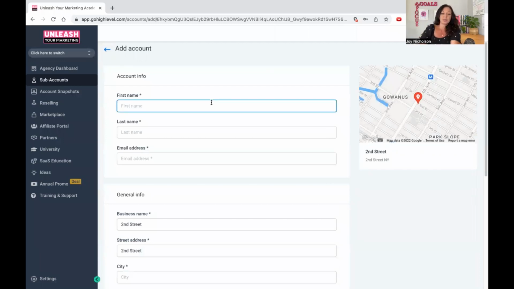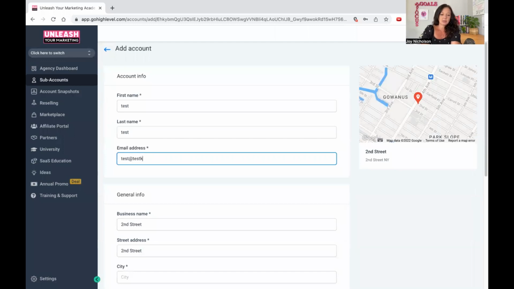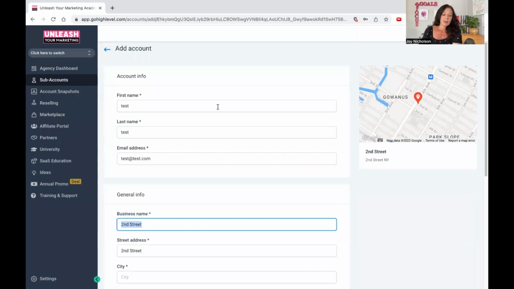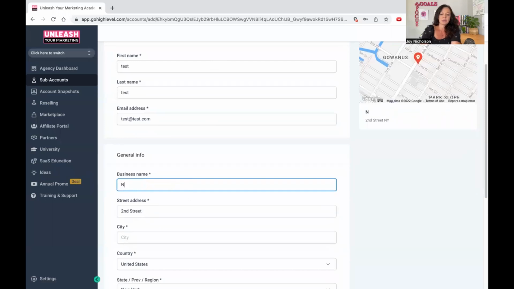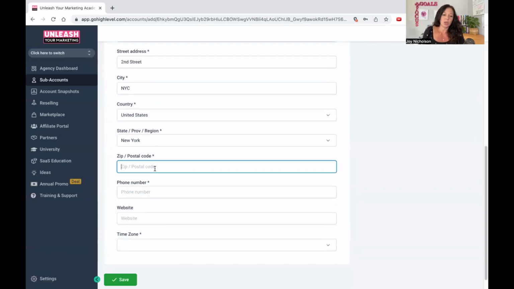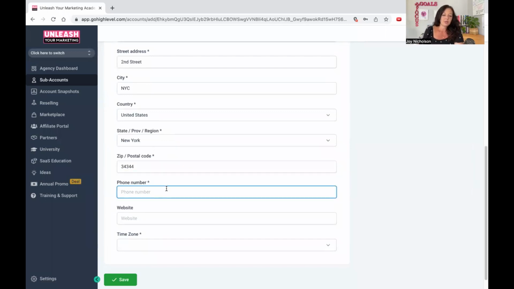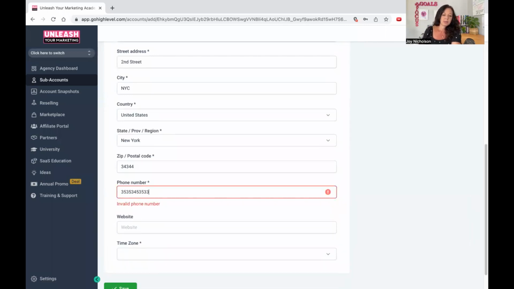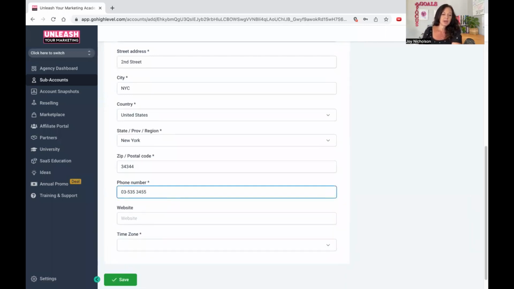So for the purpose of this example, I'm just going to say test at test.com. And then the business name is, say, New York Test Account, street, city, let's say New York City, and then it's in the United States, region is New York. And because it's already pulling through that, because that's the address it's just searched on, let's say that's the code. Phone number, I don't even know if it's going to give me the right one. Let's type in some random numbers there. Website is